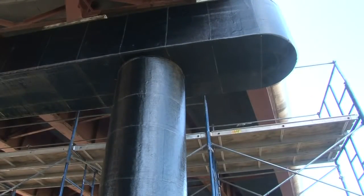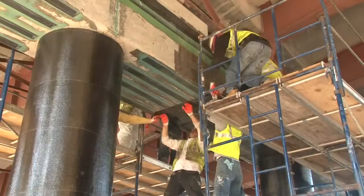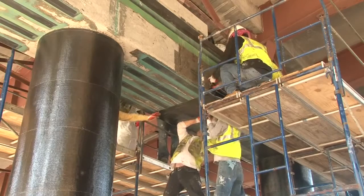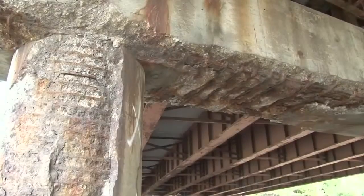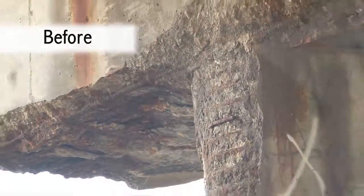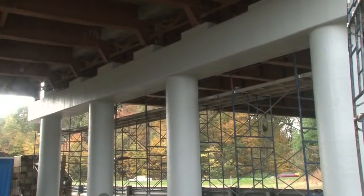the flexible fabric from the top to the bottom of the columns. The horizontal beams would then be wrapped, first with the laminate strips, and then with the flexible fabric. Carbon Wrap has proven solutions for almost any kind of concrete structure that is in need of repair and looks forward to helping rebuild America's